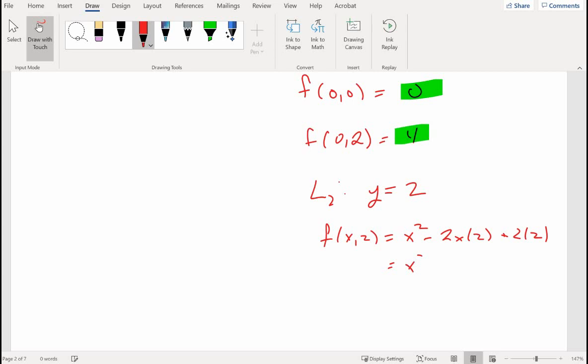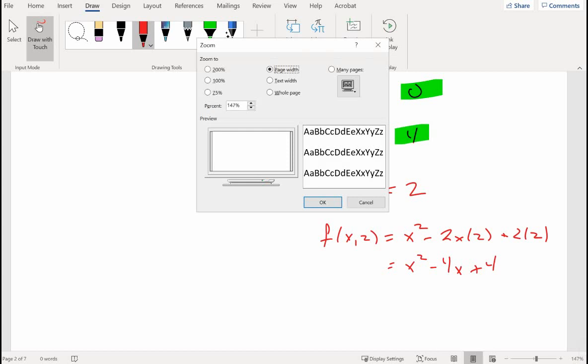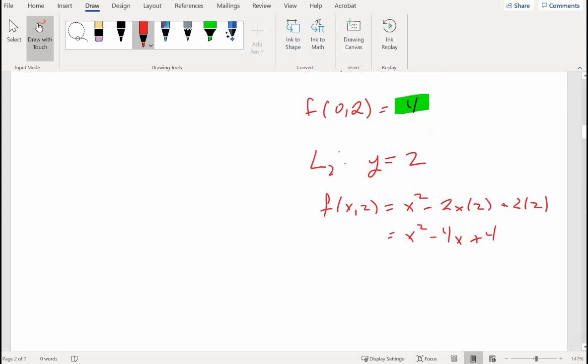So that's x squared minus 4x plus 4. Now, on our interval from 0 to 2, I don't know offhand if that is strictly increasing or strictly decreasing. So what I want to do is check the endpoints, and check where its